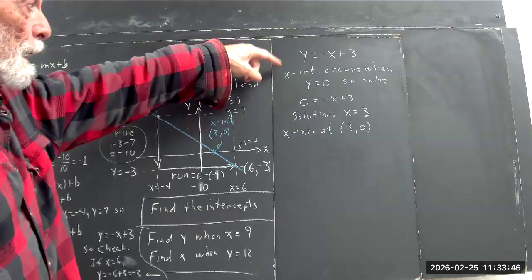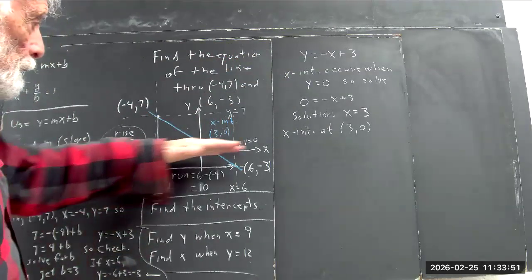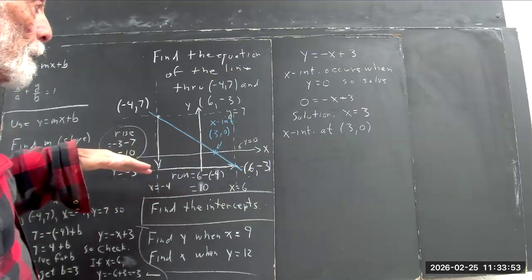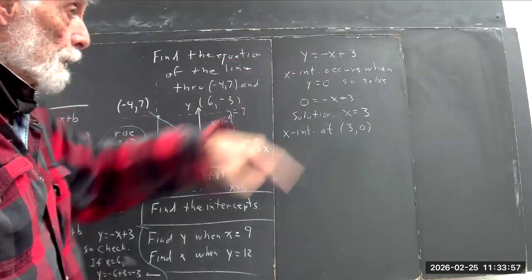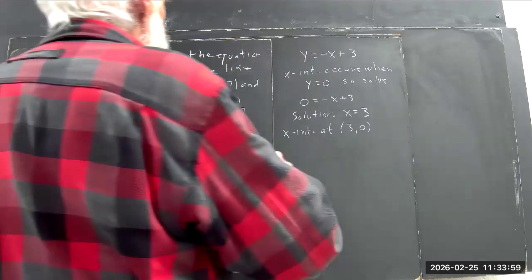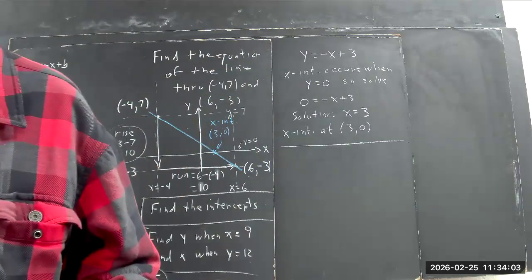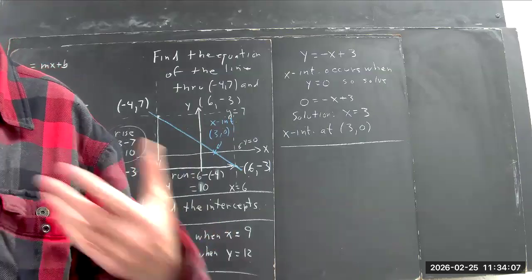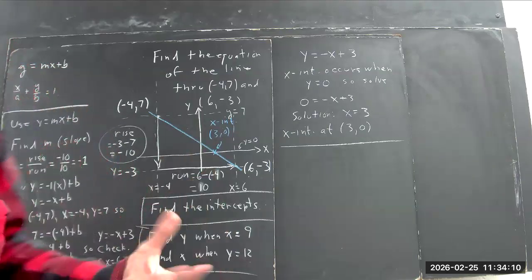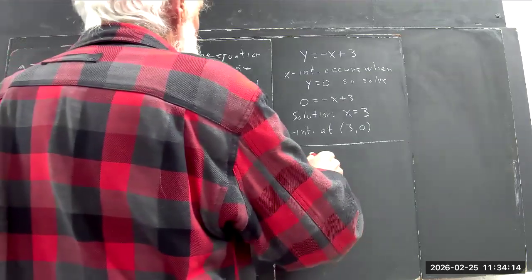Now remember what I said, x-intercept occurs when y equals 0. Y equals 0 is the x-axis. So we replace y with 0 and solve for x. Of course, you had an assignment last week on the intercepts, okay? So you might want to review that if you don't recognize that right away. Okay, so